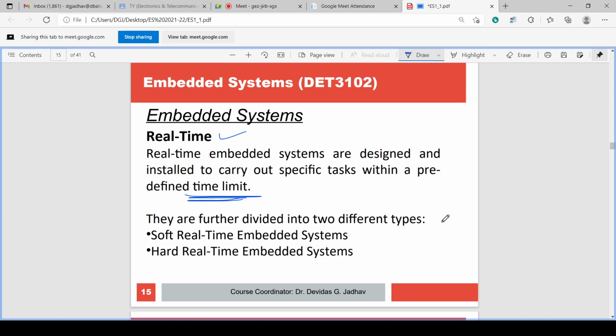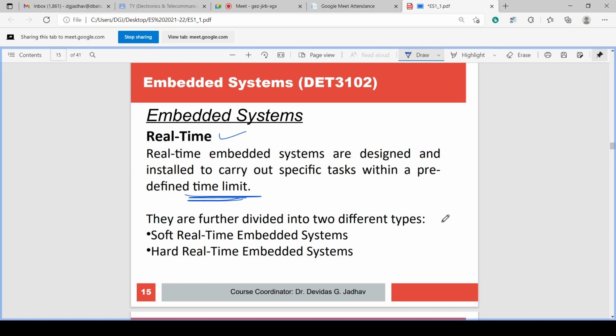This is one type of time limit. Second is actual real time. Suppose there is an online operation, a human doctor doing a human or maybe animal operation online. In that case, the robotic operation is controlled by the doctor sitting in his chamber, or maybe in the operation theatre but away from the operation table. The robot is doing the operation, but the doctor is controlling that robot. So this requires a real-time operating system.